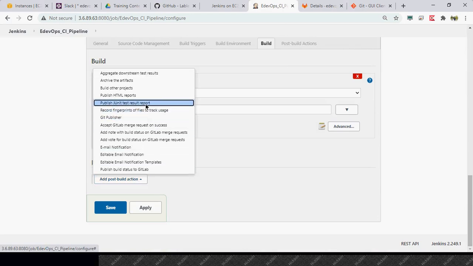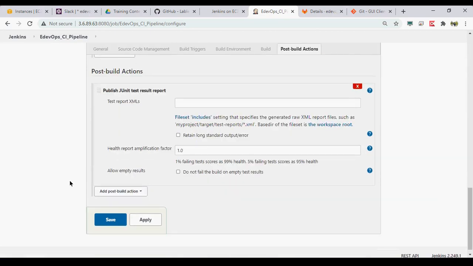Now we want to publish the report. Publishing the test report, basically inside your target you have a test reports folder. The best way is to copy this, change the project name, or otherwise you can just add it like this.